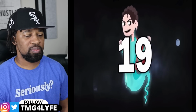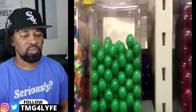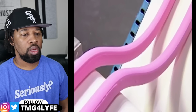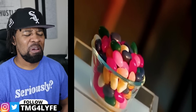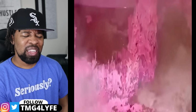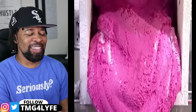Number 19. Chewing gum. Many people love chewing gum. It tastes nice, sometimes freshens your breath, and gives your mouth something to do. But there's so much you probably don't know about chewing gum that might have you questioning just how much you chew it. First of all, you're most likely chewing a secretion from sheep's wool. Imagine chewing on wool. My mouth tingles just thinking about it. Chewing gum contains a waxy secretion from the sebaceous glands of sheep, known as lanolin. On the sheep, this makes their wool